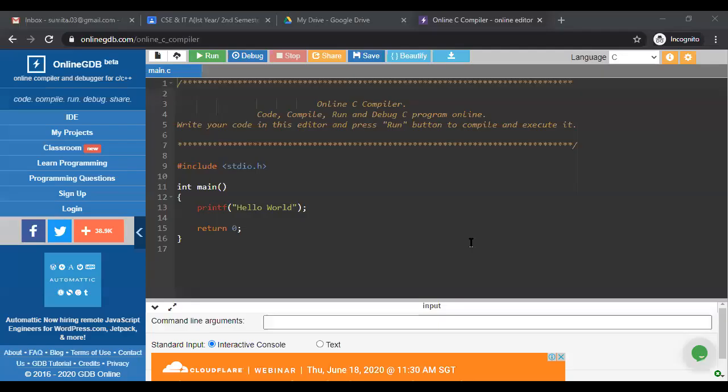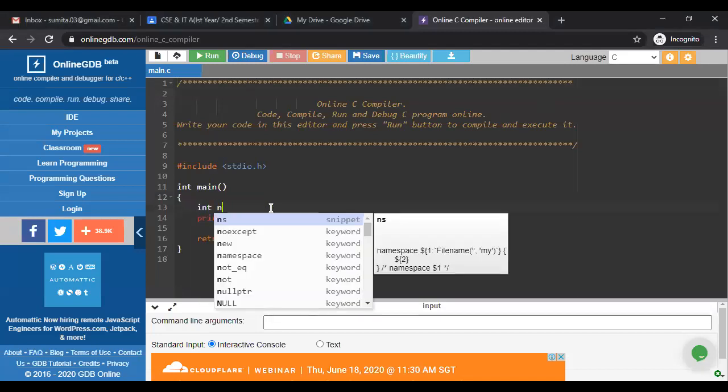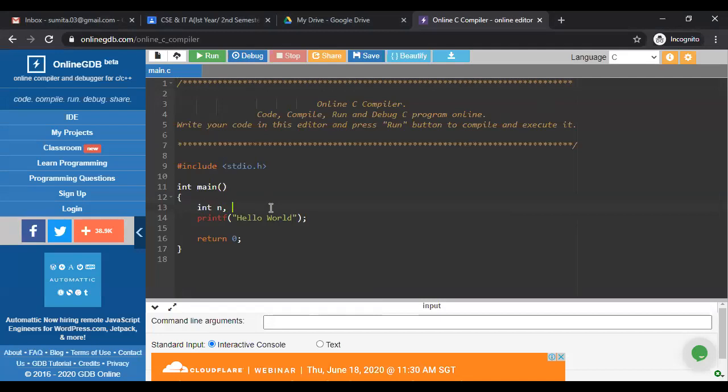Similarly, we have n number of elements, so this is the same. We have to declare n for the n number of elements. We have declared our array. Suppose I am declaring 10 elements here.